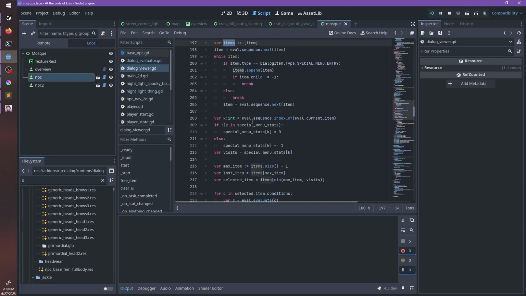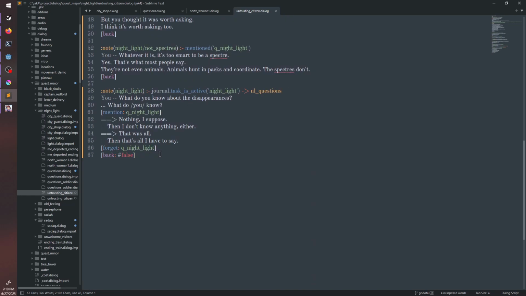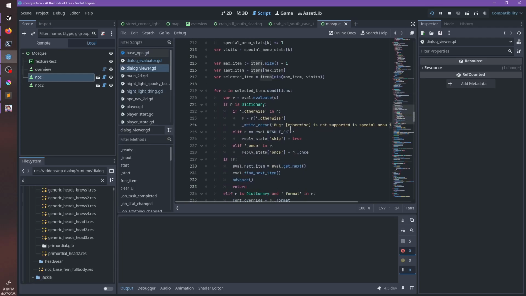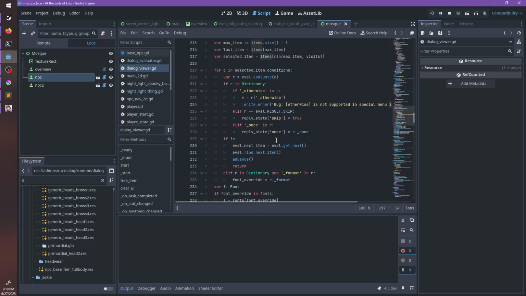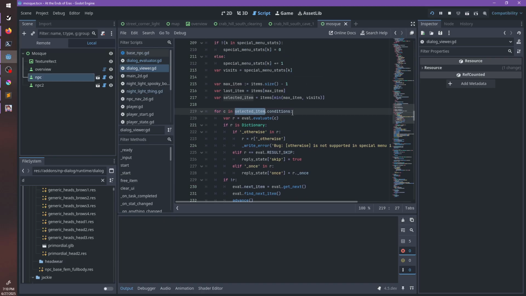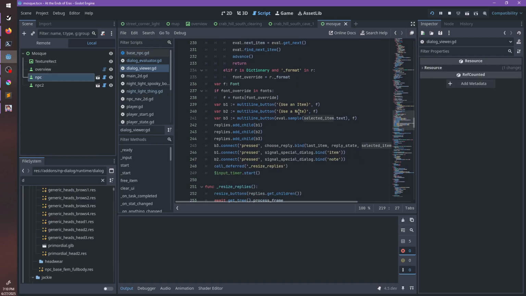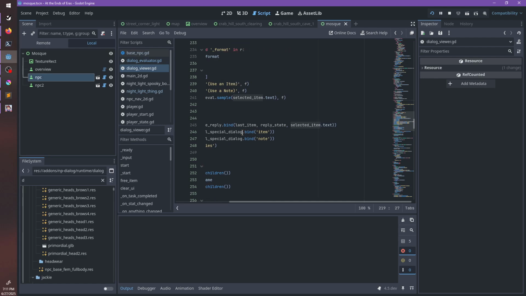Okay, so we're getting the list of items. So basically that's what gets this and then this, and then we choose which ones we're going to do. So we go through all of our selected items. And then multi-line button, evaluate text, yeah, so we do that. Replies, connect,